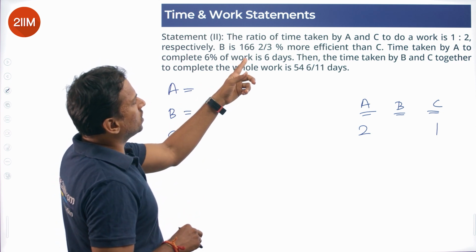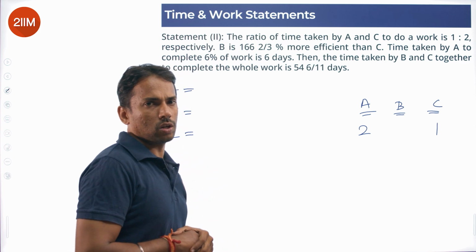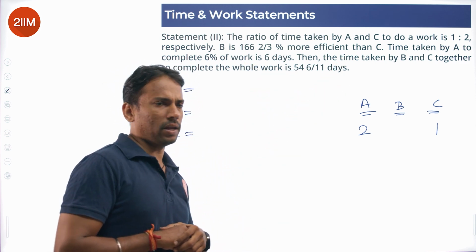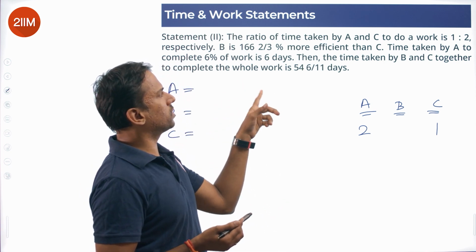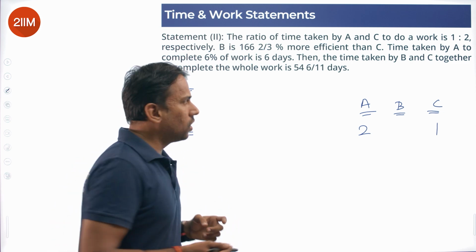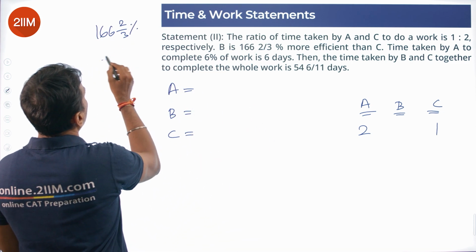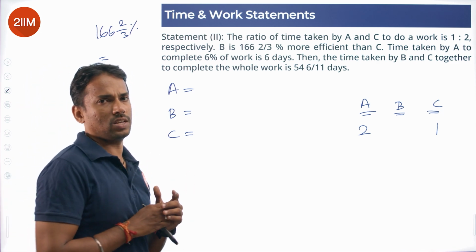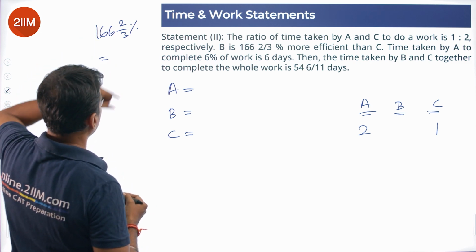B is 166 2 by 3 percent more efficient than C. So now they are straight away comparing the efficiencies of B and C. So how are they comparing? Repeat: B is 166 2 by 3 percent more efficient than C. Now what is that 166 2 by 3%? We'll rewrite it as an improper fraction and see what we get. So we'll be getting it as 166 2 by 3. This is actually